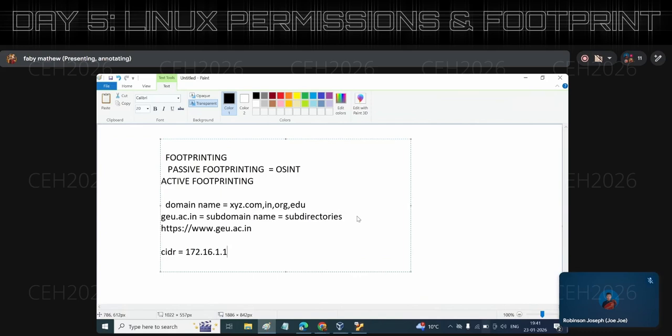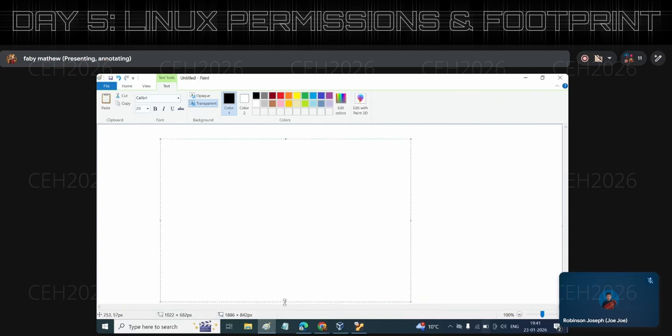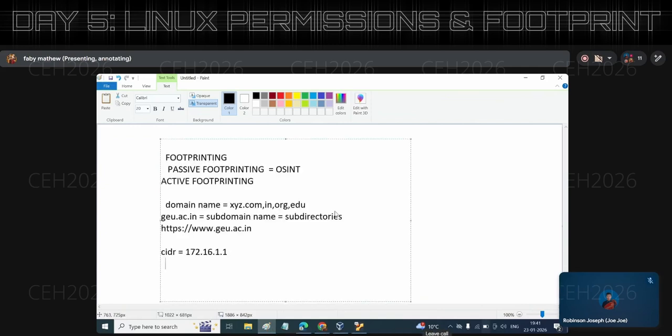Which class of IP address is this one? Class B. Okay. So the subnet mask of this IP address is 255.255.0.0. Yeah. So how many bits are on